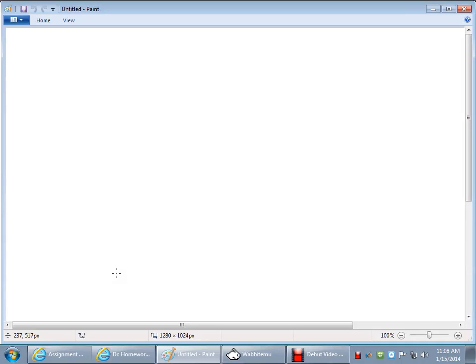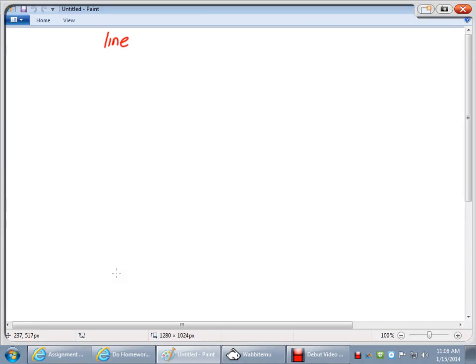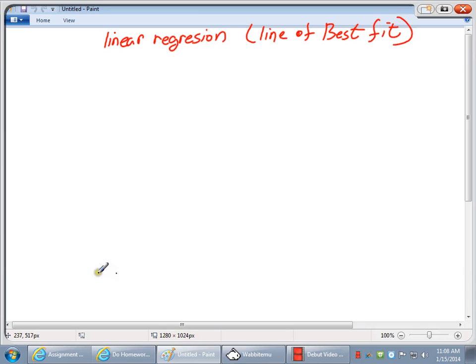Okay, linear regression. Sometimes referred to as the line of best fit. It's the layman's term. We use this technique when I have data that appears to be reasonably linear, and I'd like to make a